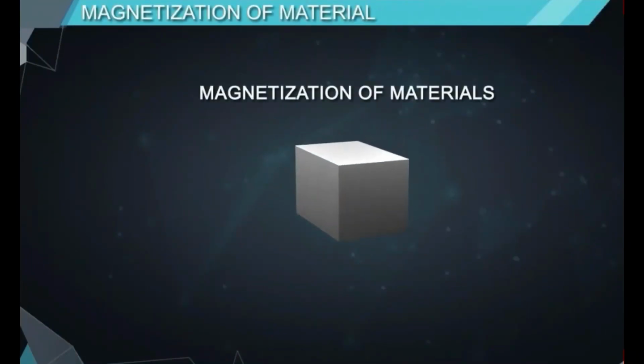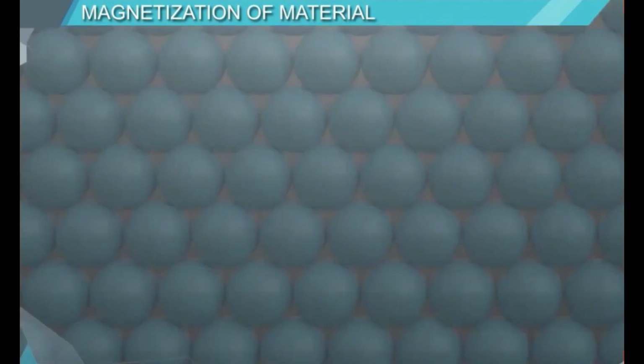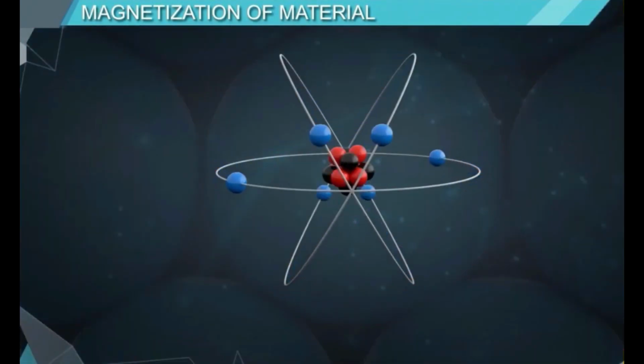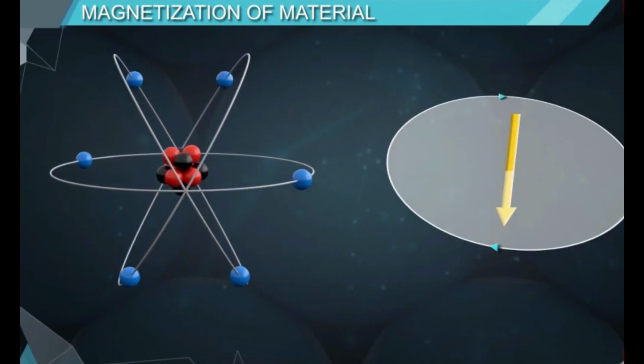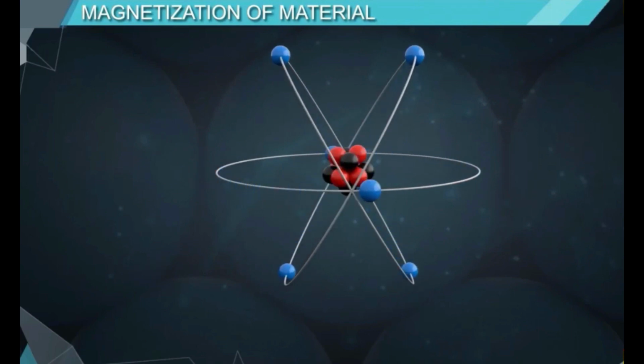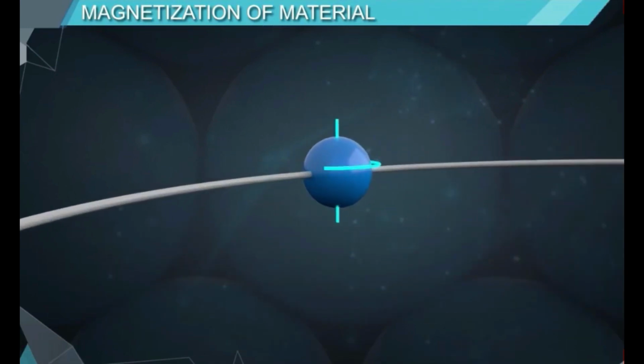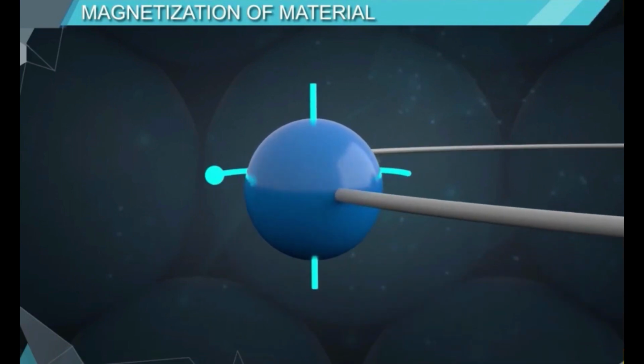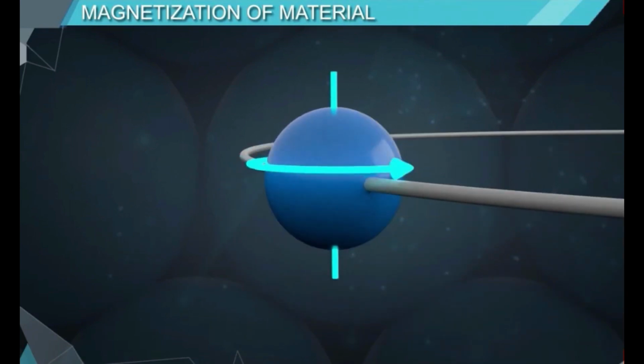Magnetization of material. Matter is made up of atoms, which are made up of electrons and a nucleus. The electrons revolve around the nucleus in a circular orbit, just as a current carrying loop constitutes a magnetic dipole moment. Electrons moving in these orbits also constitute a magnetic dipole moment. Besides the orbital motion, the electrons also have a spin motion along an axis, similar to Earth's rotation. This spin also constitutes a magnetic moment which has a fixed magnitude of